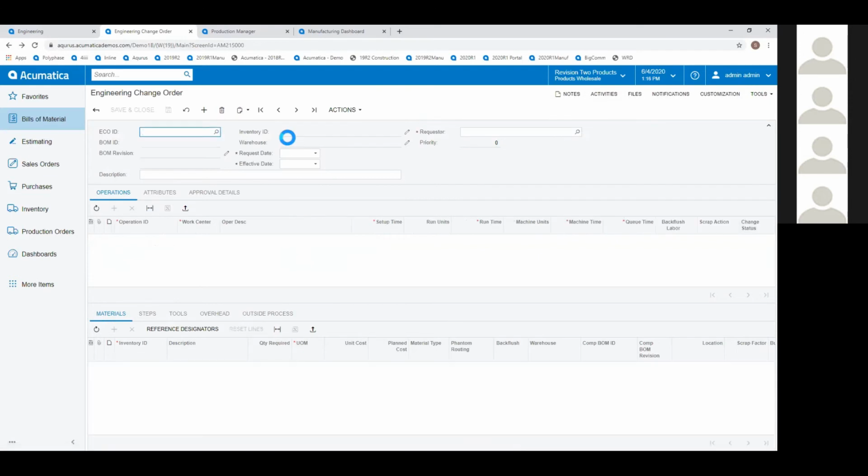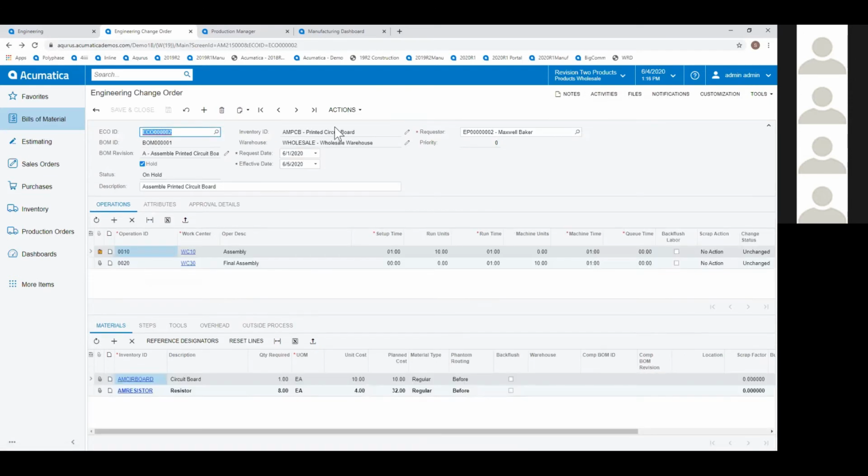So this allows us to go through, and the good thing about this now is I can simply come in, I can click submit once I've made all my changes to whatever processes I'd like to change on my bill of material, and that goes through the approval process. Somebody in the company, whoever is responsible for this, would be getting a notification, and they would be able to go in, they would be able to review the changes like I just did,